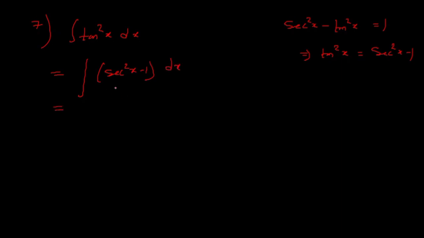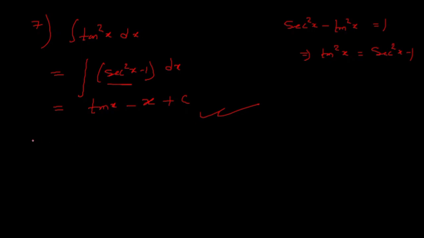Now it is related to sec square x. We know the formula. Integration of sec square x will be tan x minus the integration of 1, that will be x, plus c. So this is how we can find integrations very easily. First of all, we need to express the thing in our familiar way, and then put the values in it. So this is how we can find any type of integration.